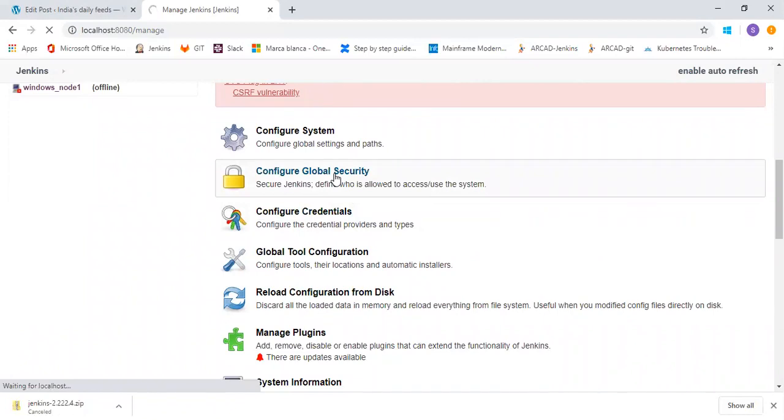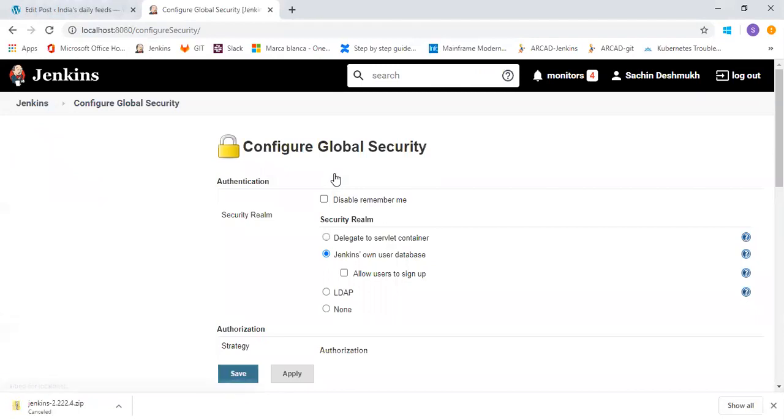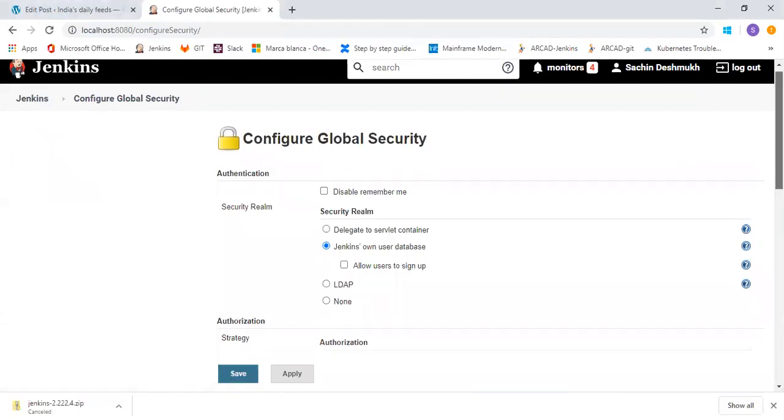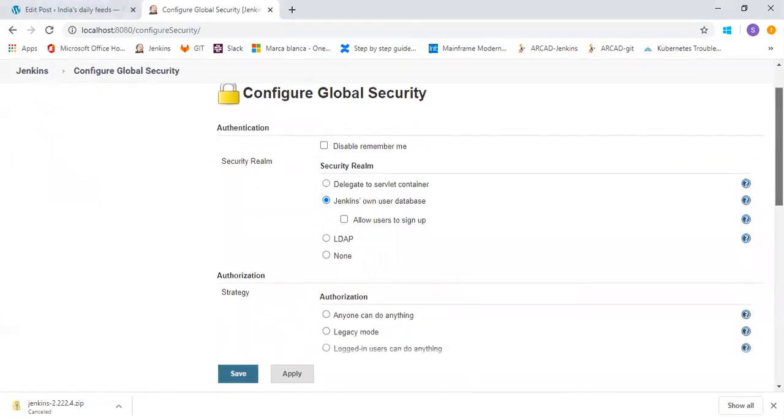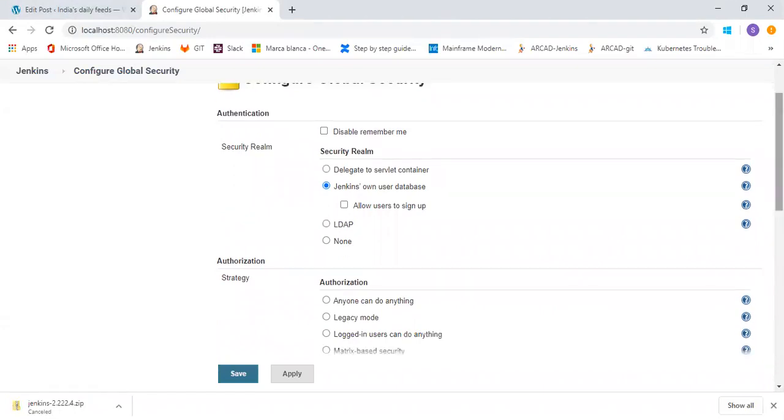Let's go into configure global security. The security-related configuration you will find here. In the authentication section, you can see the security realm is, for me, Jenkins' own user database. When I installed Jenkins, it uses its own database to store all my user information and the roles which I have provided.